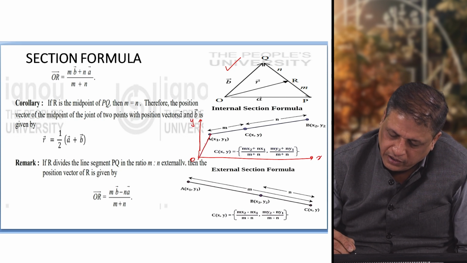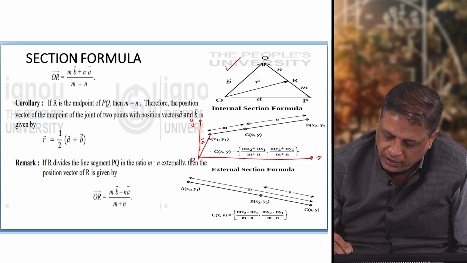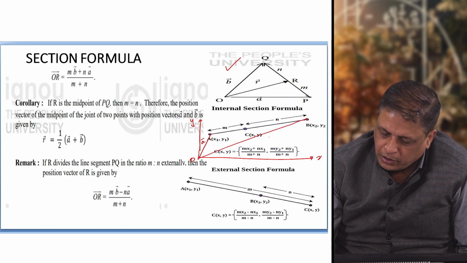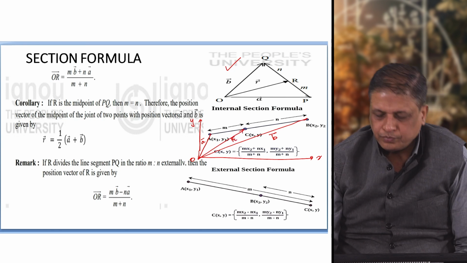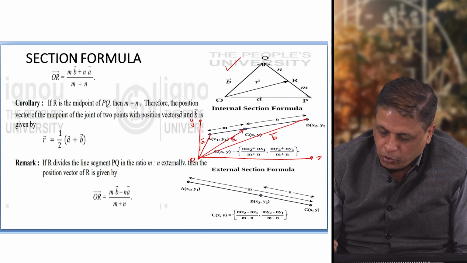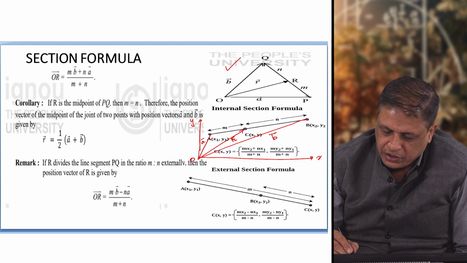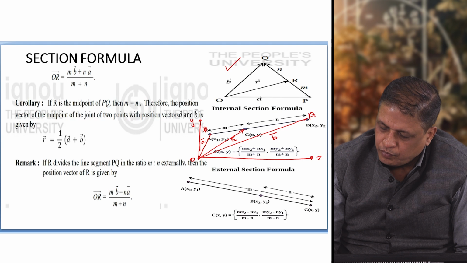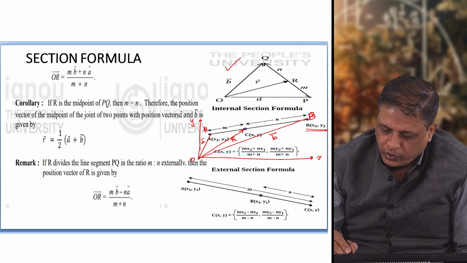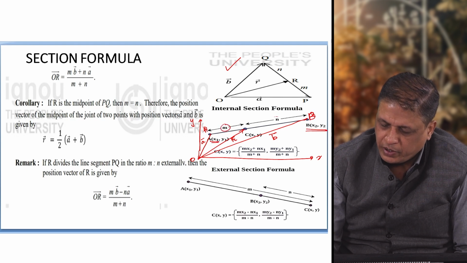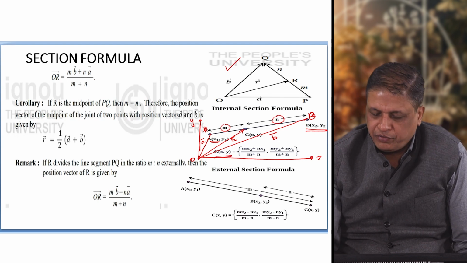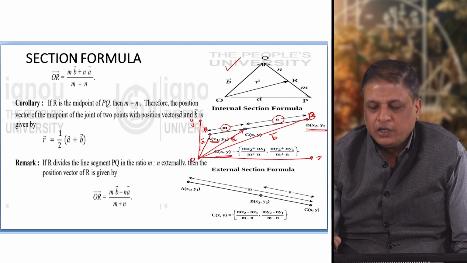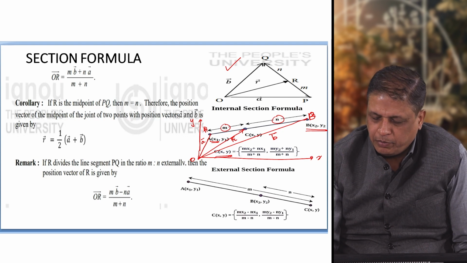Now, this is one vector, say vector A, this is another vector, say vector B, and this is the vector R, which is representing the point which bisects this line, say PQ or AB, where B is x2, y2 and A is x1, y1, into the ratio m is to n. Then the coordinates of the point which is bisecting this line AB in the ratio m is to n will be given by